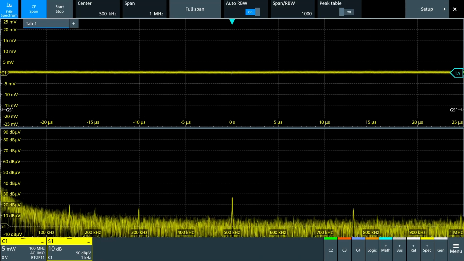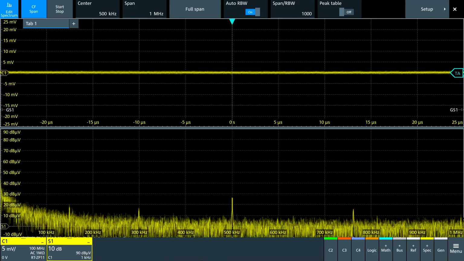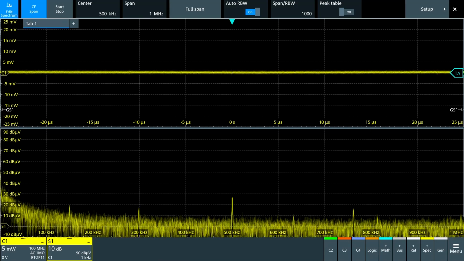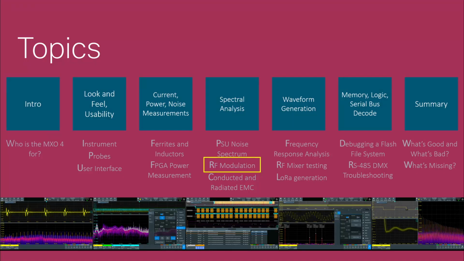Unfortunately, there is no logarithmic frequency scale capability, but I have suggested that as a feature request in case Rohde and Schwarz are interested. I'm looking forward to using the MXO with RF circuits, and as a first test I